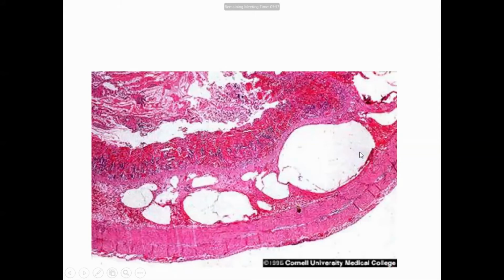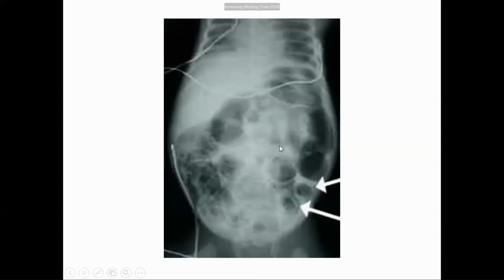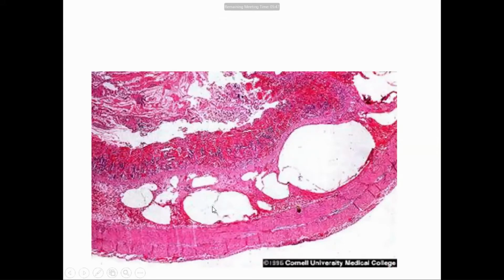You can see some mucus, this is the muscular layer, this is the mucosa. These are the gas bubbles. This is pneumatosis intestinalis. So under the microscope you can see the gas, and this gas breaks the tissue as it penetrates in different planes. That will further cause necrosis of the tissue because the blood vessel supply is compromised.